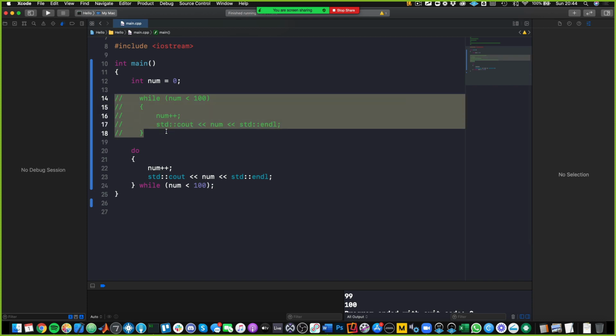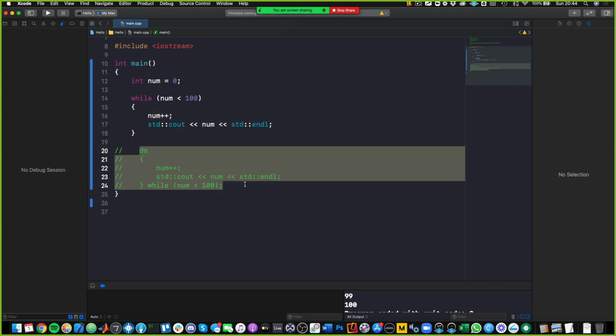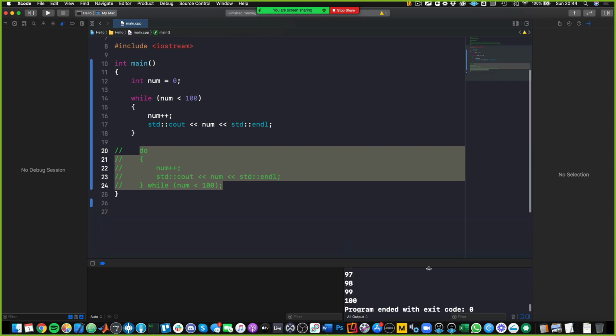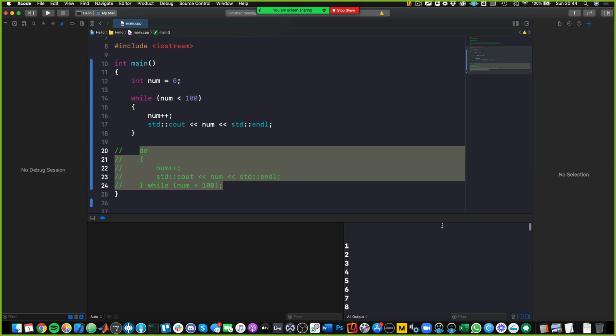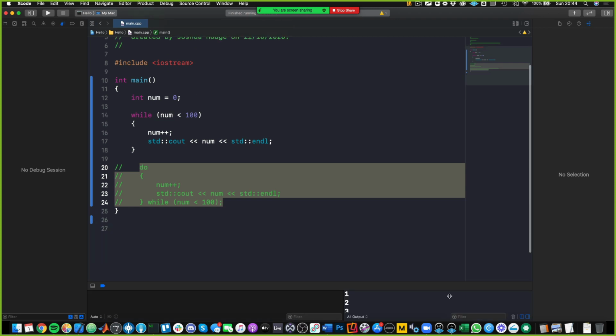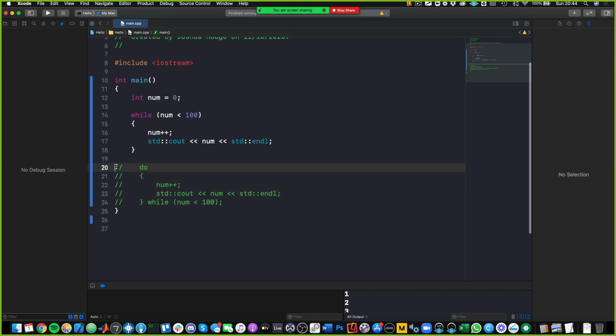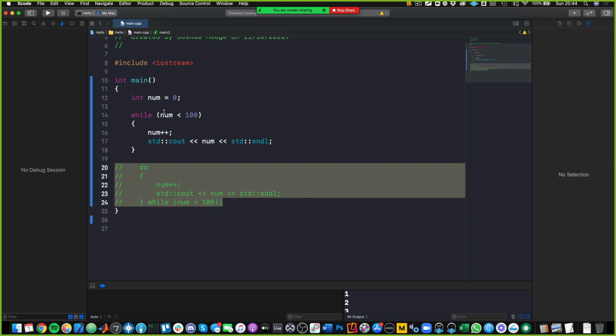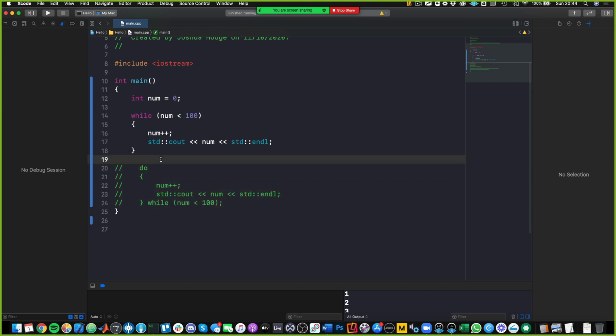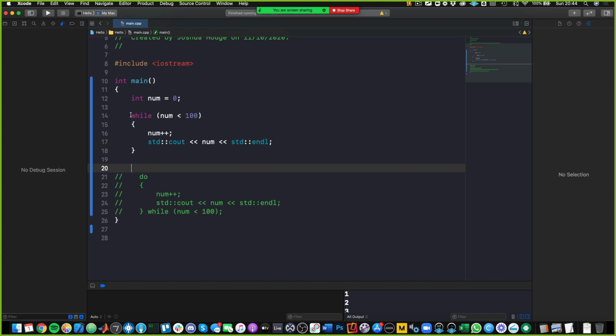Whereas with this one, it actually ends at 99. Well, we never actually made a for loop, but hypothetically, the for loop would stop at 99. Because 99 will be in the last iteration on this one: 99 will be less than 100, and it'll do num plus plus, which gives us 100, and that's what we end up with. Whereas with a for loop,